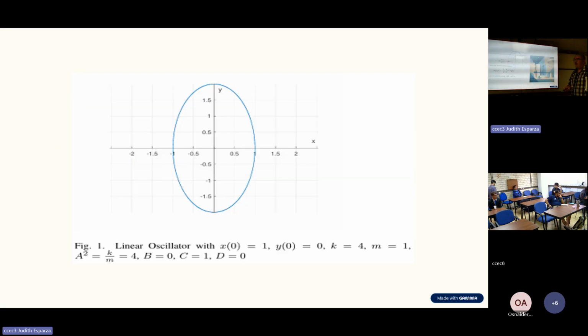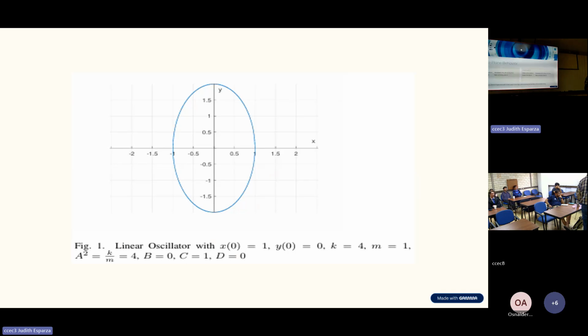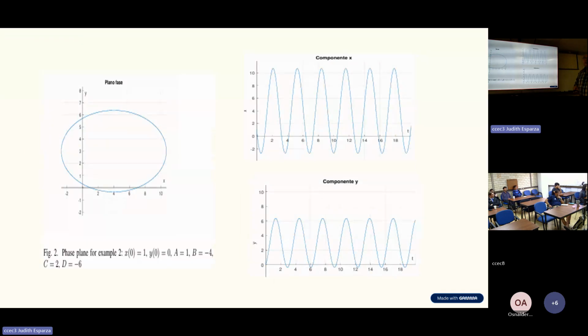But if we use this structure with D and B different from 0, we can construct more general oscillators like this. This is the phase plane also, but we have these component functions different from the